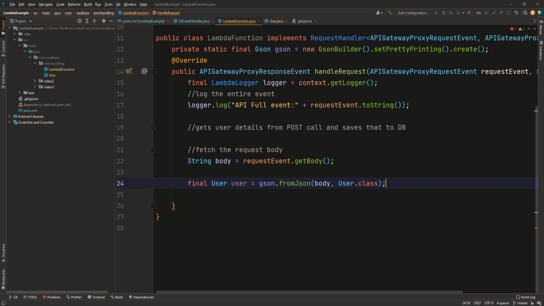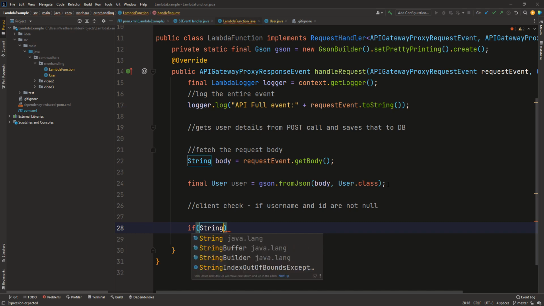The next thing is there can be the case that user details are not properly passed by the caller, right? So there should be a client check also. We should be checking if username and ID are correct or not. Let's say for now they are not null. In case they are null, we should be returning back the proper error for that, right? So what I can do here is I can call if string utils